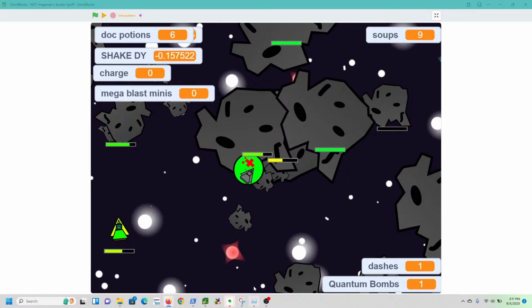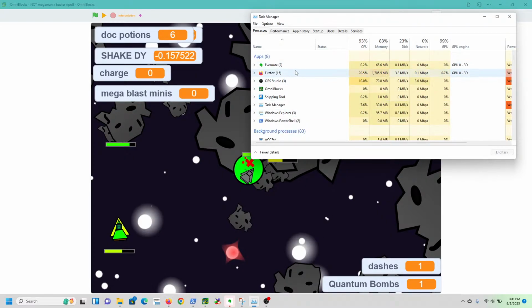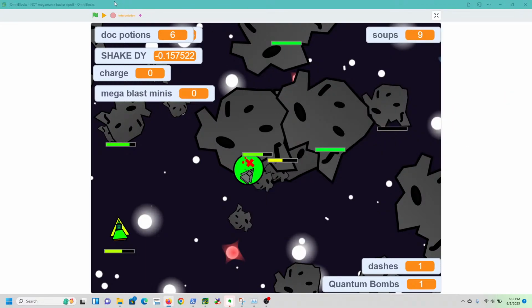Okay, you should not be using that much RAM now. I literally only have 2 tabs open. How is Firefox worse at RAM than actual Chromium? What? I only have the YouTube live streaming website open. I don't understand. Well, whatever. Hopefully my computer doesn't blow up. I'm just going to keep